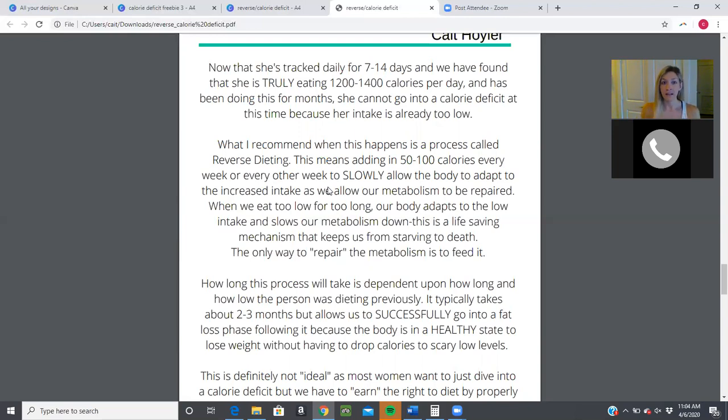So the ones who really accept that this is the reality and go through this process of repairing their metabolism for a few months, 2 to 3 months for some people, then they're able to go into a calorie deficit down the line. But what I do recommend is going through the reverse dieting process. And this means that we're slowly adding in calories over time, about 50 to 100 calories every week or every other week, to allow the body to slowly adapt to the increased intake as we allow our metabolism to be